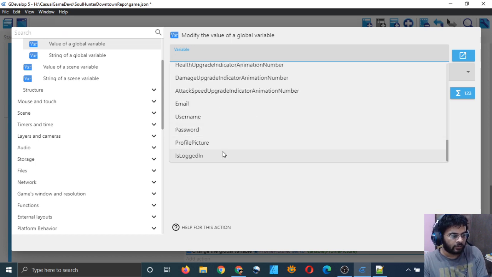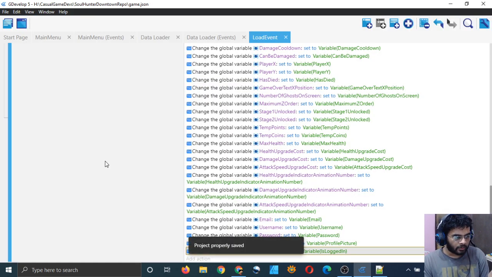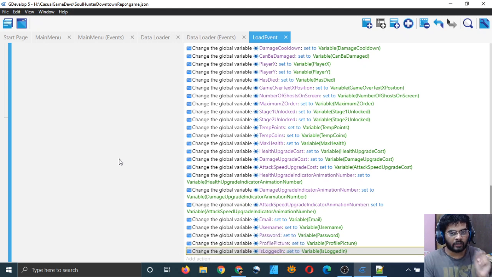Yeah, correct, is logged in, set to variable is logged in, scene variable is logged in, right? So that's correct. Okay, so we are successfully loading and saving that variable.